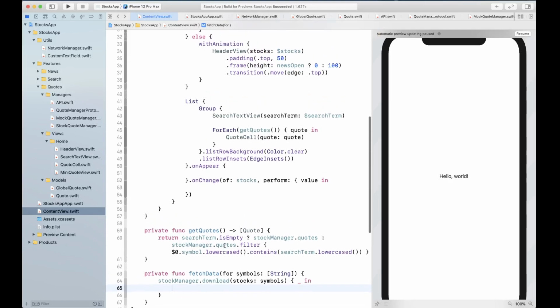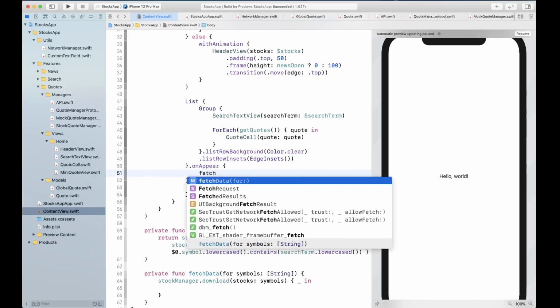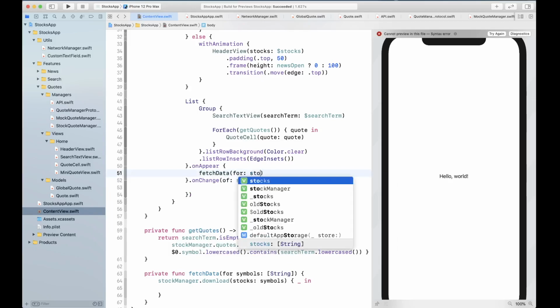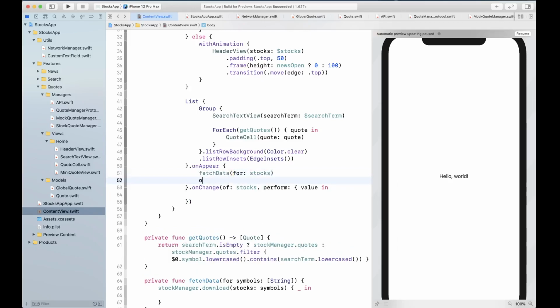Okay, and we're going to call this fetch data right here, fetch data for stocks. And what we're going to do is say old stocks is equal to stock. So we're going to populate our old stocks as well. Now this is going to come in handy when we are saving data into user default. So we're going to come back to that. Okay. All right.